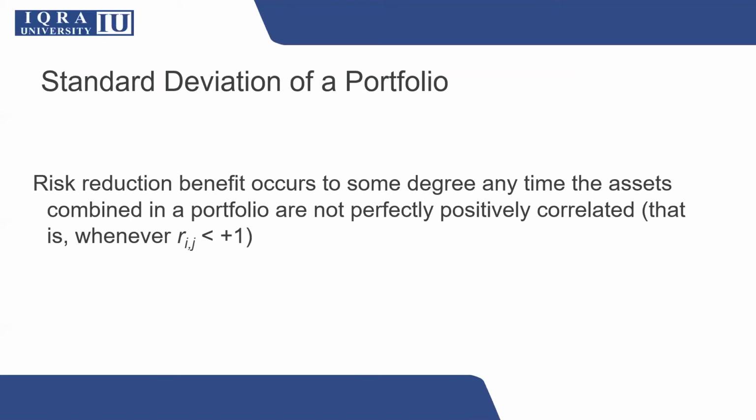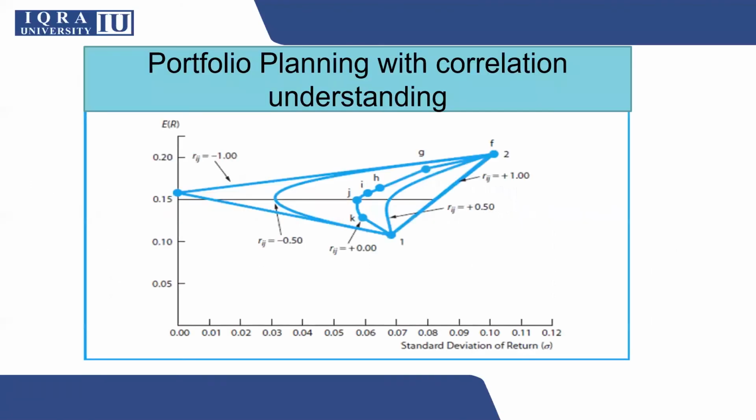Reduction in portfolio risk is only possible if the selected securities have less than +1 correlation. It is better to have negative correlation, but of course, when you are working in the market, it is not practically possible that every time you will find negative correlation. Sometimes you will find positive correlation, but if it is lower than +1, then you might be able to successfully reduce the portfolio standard deviation.